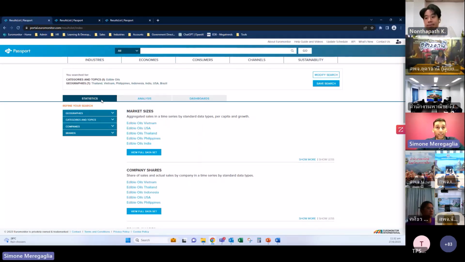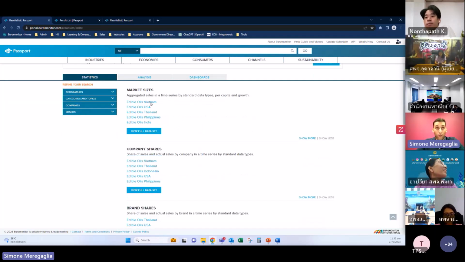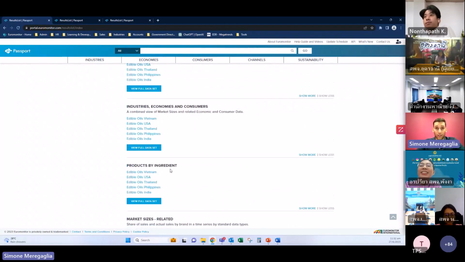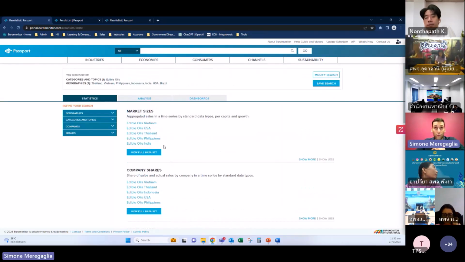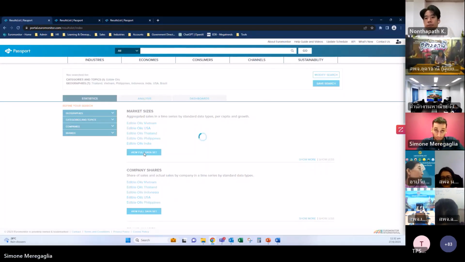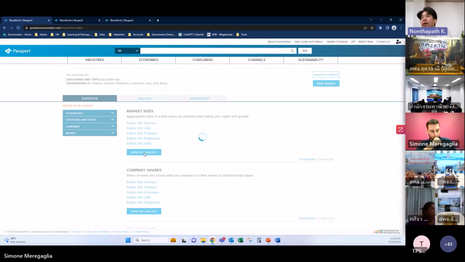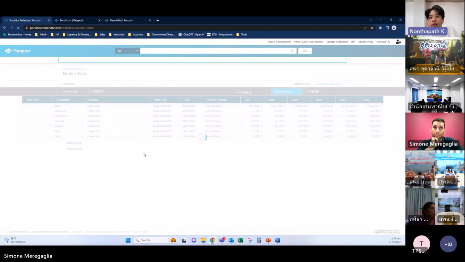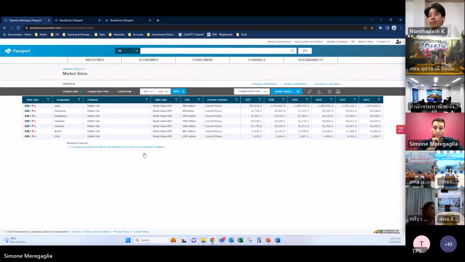Okay, and to start with statistics, I have a few options. You have market sizes, company shares, brand shares, retail channels, etc. What I'm gonna do, because once I'm inside, I can always change the selection after I'm inside. So I'm just selecting view full data set under market sizes. It doesn't matter. I can just go ahead. ครับ statistic ก็จะมีหลายๆหัวข้อด้วยกันนะครับเช่นขนาดของตลาด market size company share ส่วนแบ่งของแต่ละบริษัทนะครับหรือ brand share ต่างๆซึ่งอย่างแรกเราก็จะดูในเรื่องของ market size ก่อนนะครับ